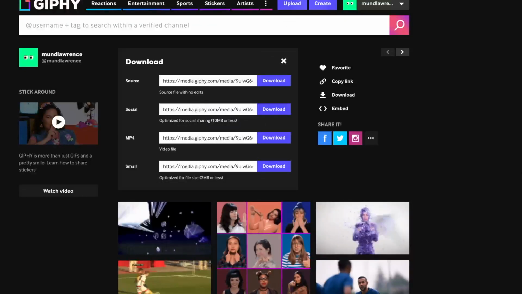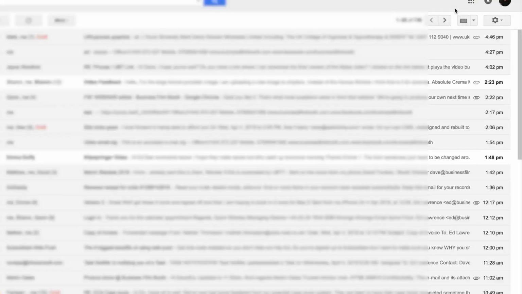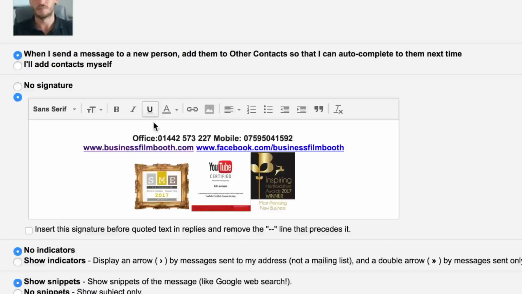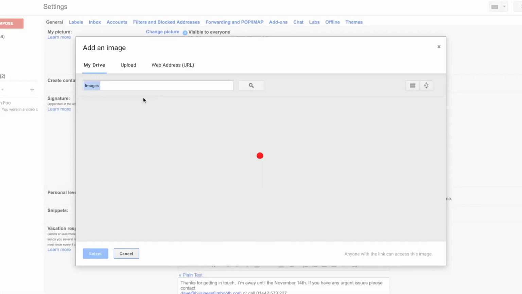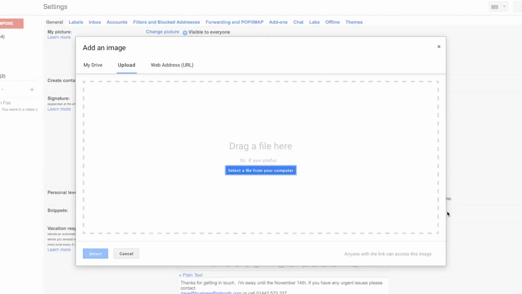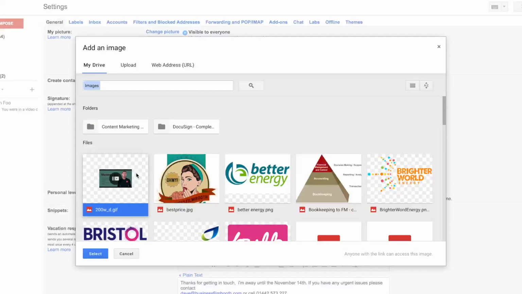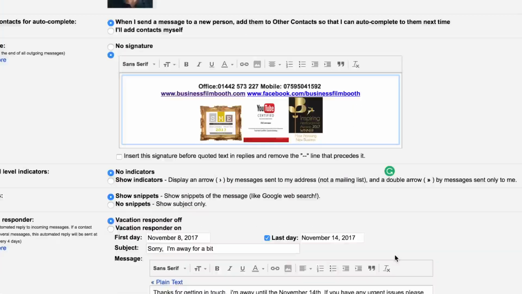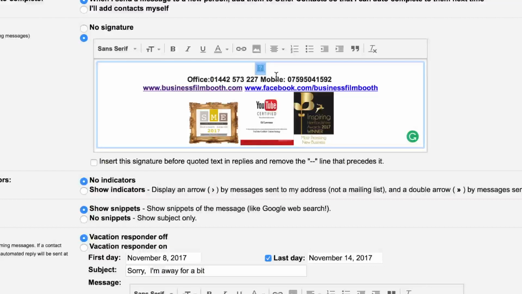So you've downloaded it. Now you need to head over to your Gmail. Hit settings, come down here to your signature, hit on this little image box here, select upload, put your file in there, and it will appear here. That will load up. It may take a little while to register this, and there it is. Now, you may get a little annoying blue box like this, or you may get the full image. Either way, do not panic. Highlight it,